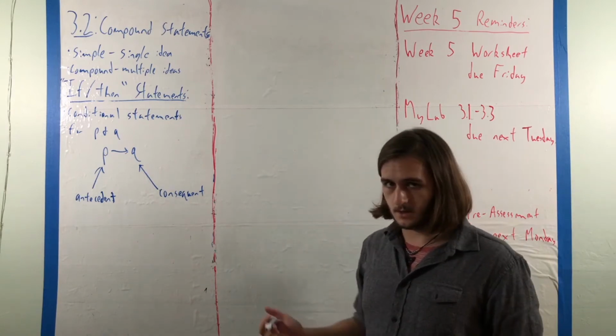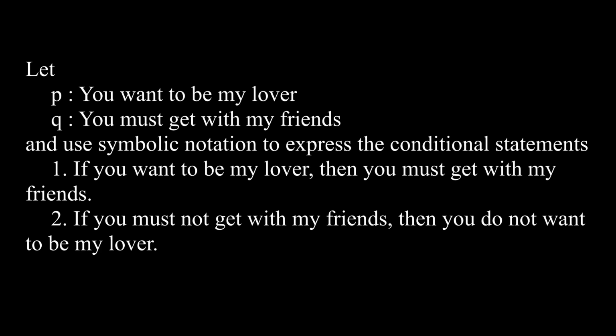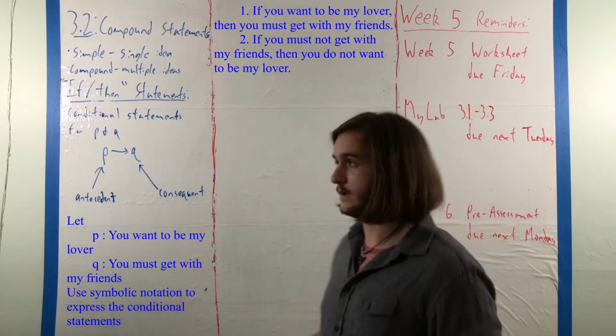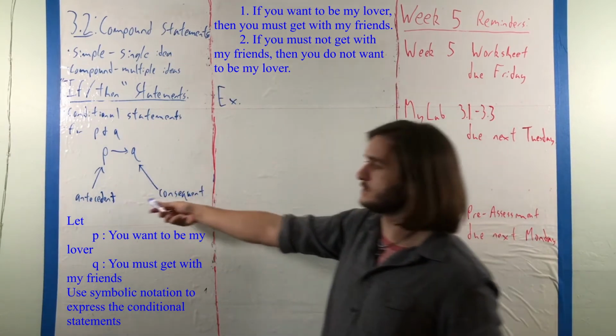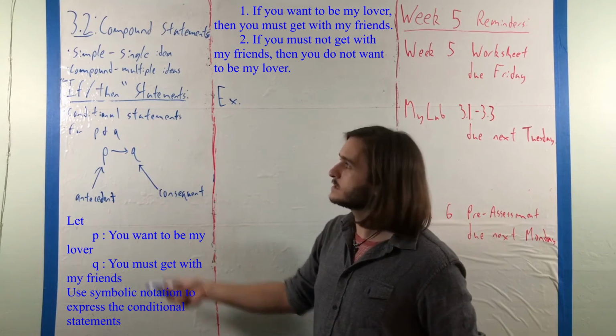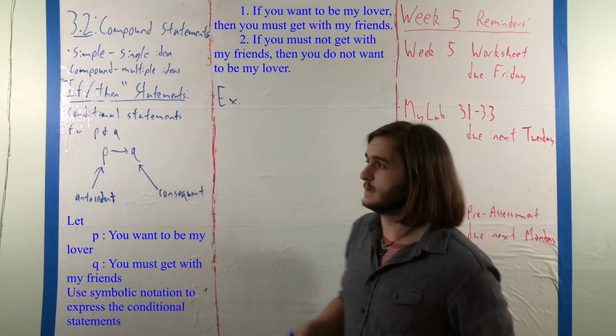So let's take a look at an example where the statement P is you want to be my lover, and Q is the statement you must get with my friends. So if we want to use symbolic notation to represent the statements: if you want to be my lover, then you must get with my friends, and if you must not get with my friends, then you do not want to be my lover. Well,